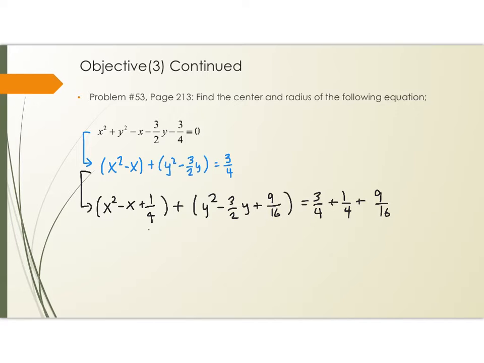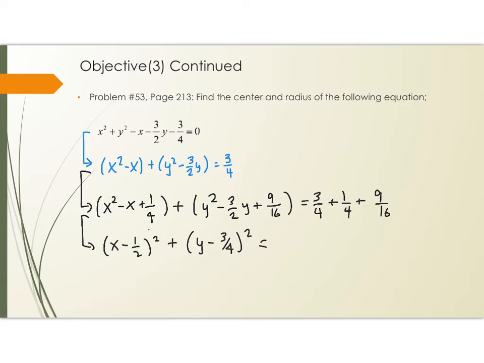All right, so now I know I completed the square here. What is that? That's just x minus 1/2, and that's squared. And this is just going to be y minus 3/4, squared. Yeah. And then over on this side,